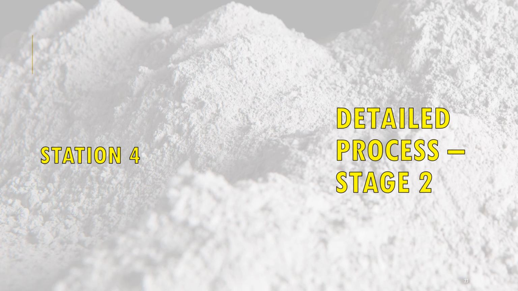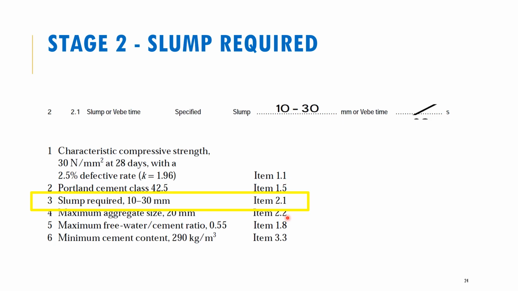Okay, so that was for stage one. Let's talk about stage two now. Stage two relates to the water content. So we have the water to cement ratio. We need to decide on the water content in our mix design based on the workability that the client has specified. So stage two, notice that in the BRE form,